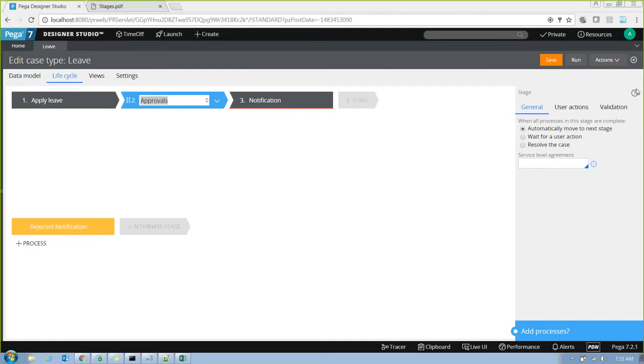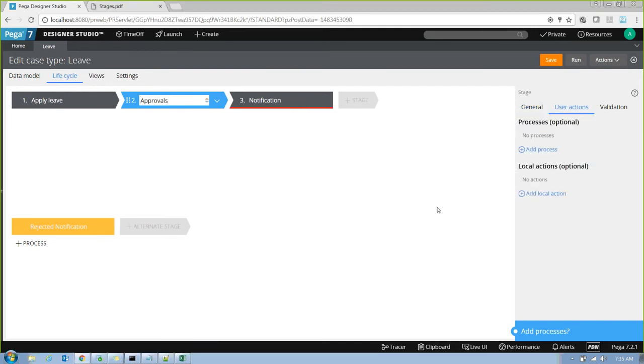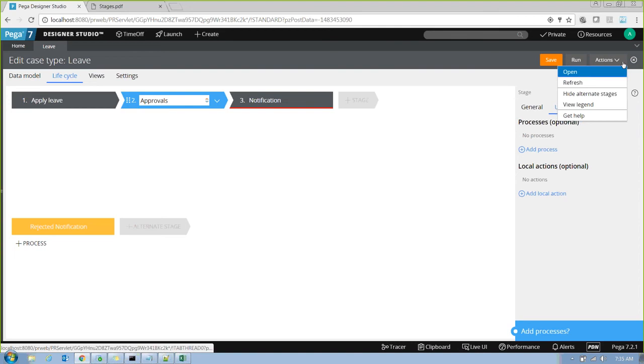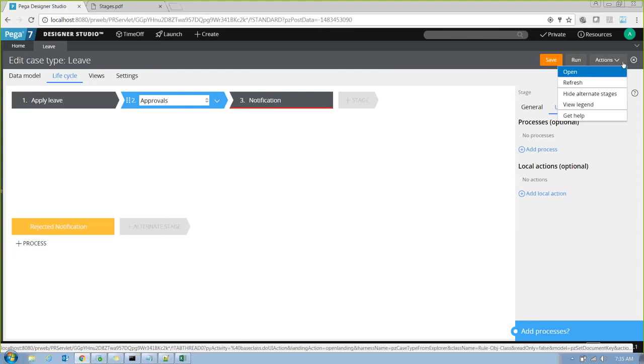Okay. Somebody has a question about user action. User action is nothing but whenever the user creates a case from your application, you want to give him some optional actions. Maybe you want to give him something called change password, update profile, edit phone number, something like that. If you want to give some optional things, you can give it like this.